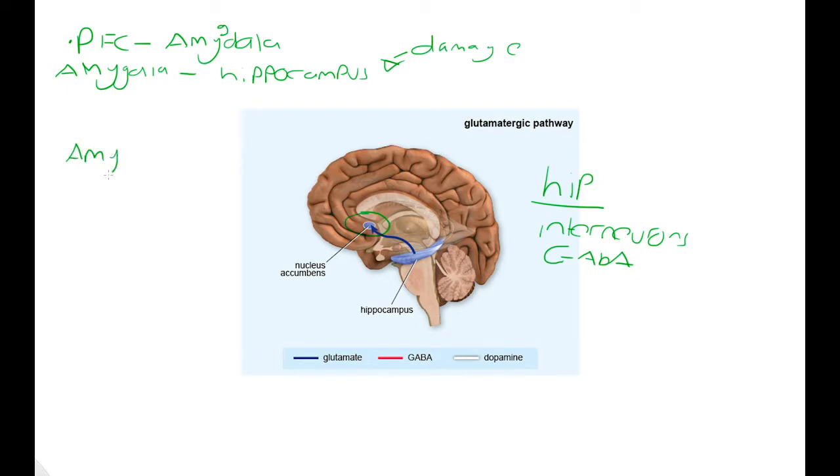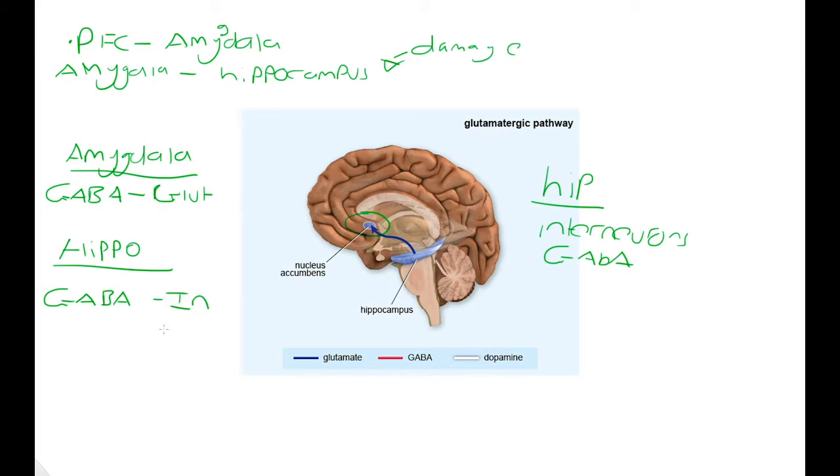So in the amygdala, the GABA neurons do not modulate the glutamate, which means that it's overactive. The overactive amygdala projects to the hippocampus. The hippocampus also has GABAergic interneurons, and because they're damaged, that's also sending out more projections. So the same as within the amygdala, where the GABAergic neurons fail to modulate the glutamatergic projections, this causes damage to the hippocampus's GABAergic interneurons, which fail to modulate their excitable glutamatergic projection neurons. Because this projects to a load of other brain structures such as the nucleus accumbens,